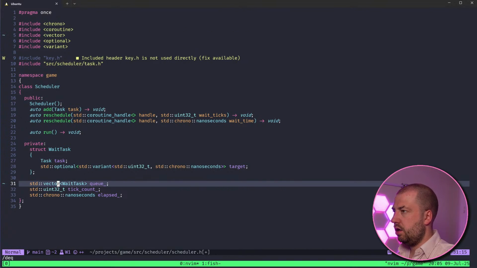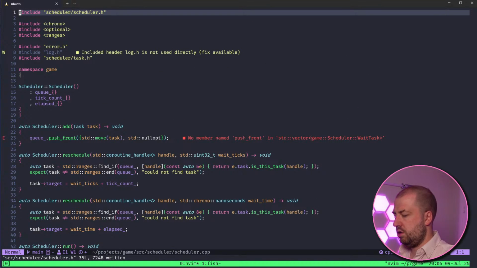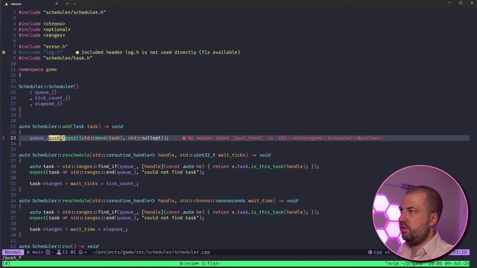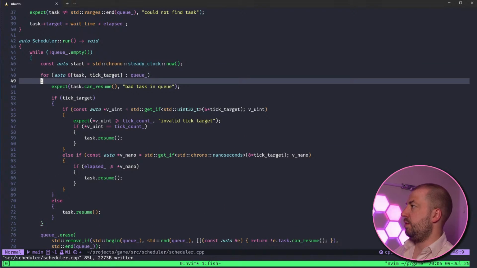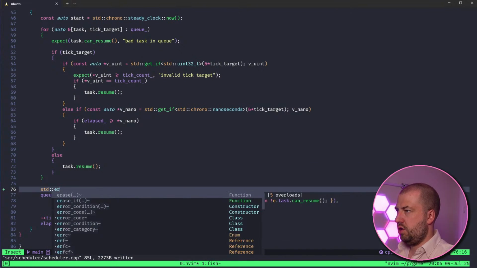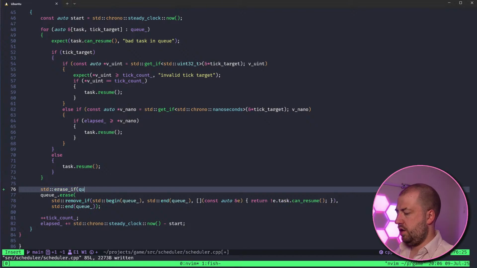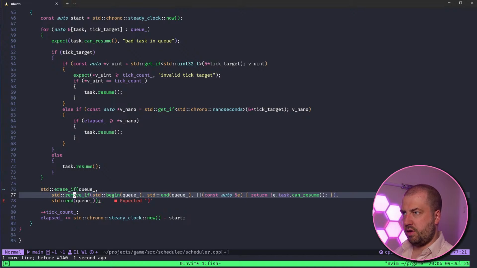Okay, I can just make this a vector in the scheduler. Somewhere I've got a push front, so that should push to the back. Because we're using range-based for loops, we just keep iterating through it anyway, we keep unpacking it, that's fine. And then doesn't this just become std::erase_if on the queue?